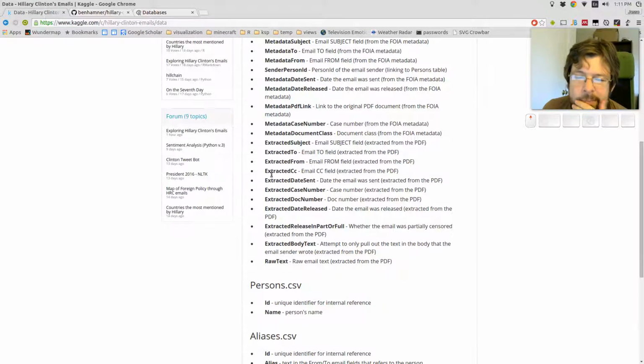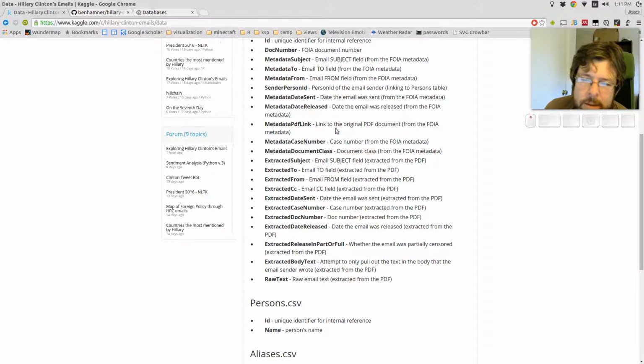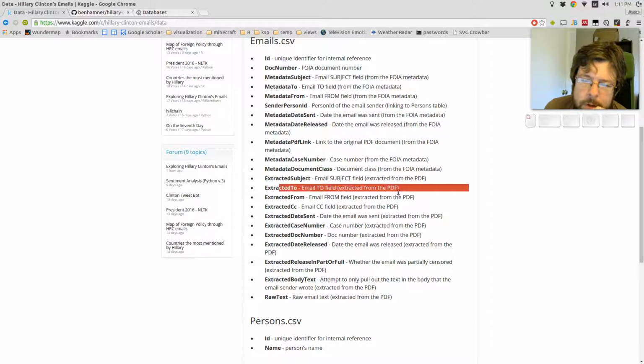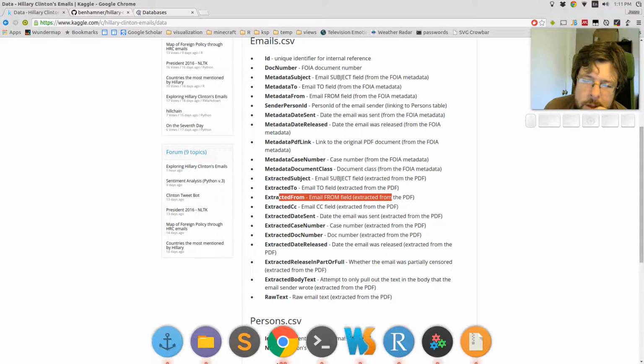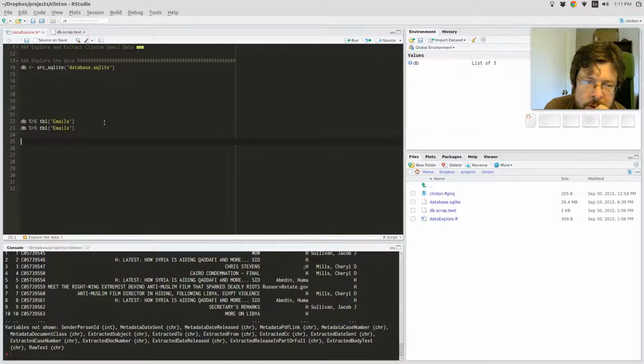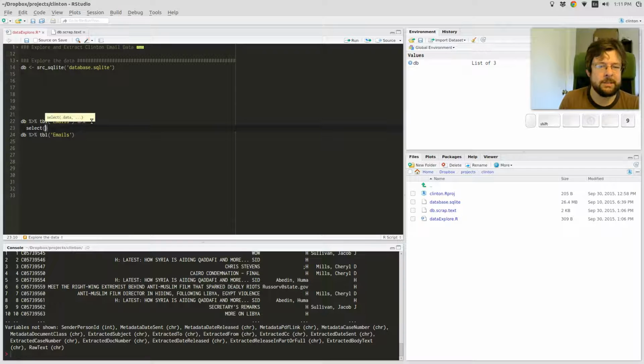Okay. Here's the raw text. What I want to know is from and to, and I want the extracted from and extracted to and the date. Can we get that at least? Can we get the from, the to, and the date? And just look at it and see if we can do a really raw, crude network visualization of that. So okay, I'm going to select